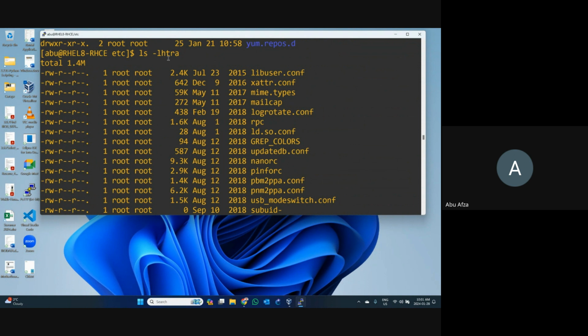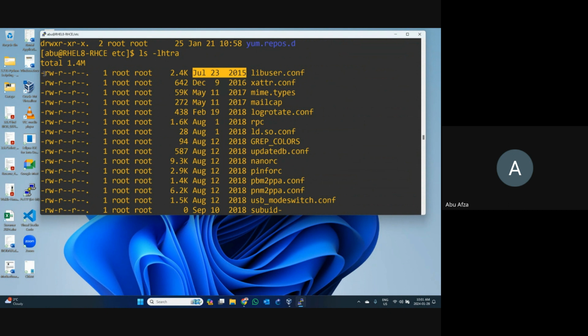Basically, rt is used to sort in a reversed way. That means it's sorted and the oldest one becomes first and the rest become later. You can see this file was created in July 2015, but in my computer I just installed it a few days ago. Actually, this file was automatically installed in the system in our operating system. They just copy from their file and paste into my computer when I'm installing.